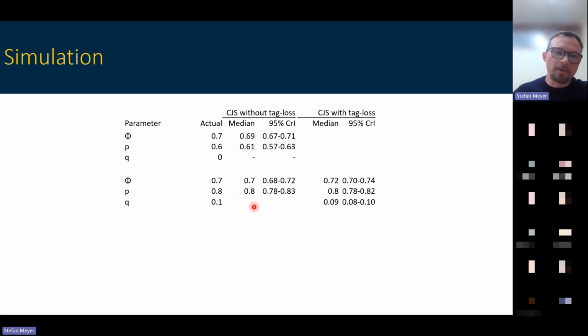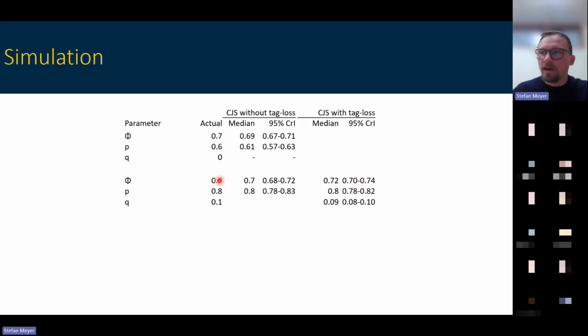The second model was fitted to a data set with a low tag loss of 0.1, and here the model without tag loss still provides a very accurate and also precise estimate. The median estimate here was pretty much bang on. And on the right-hand side, you see the estimates for the CJS model that has tag loss integrated. Here the survival estimate is actually slightly high, 0.72 compared to 0.7,